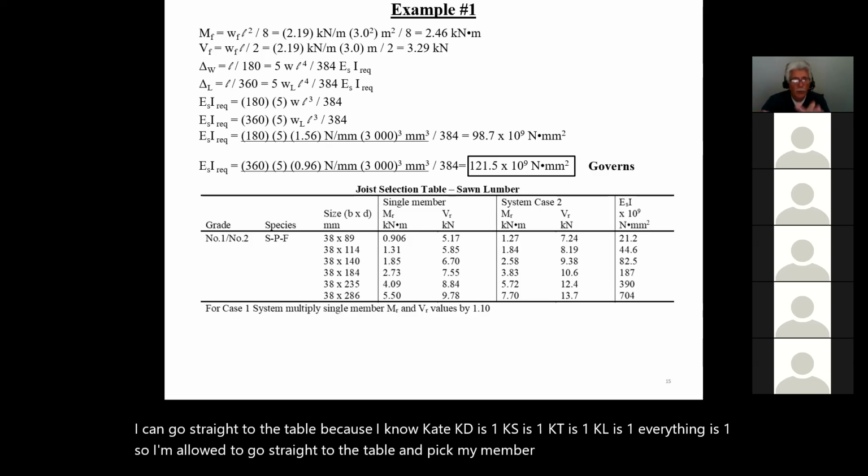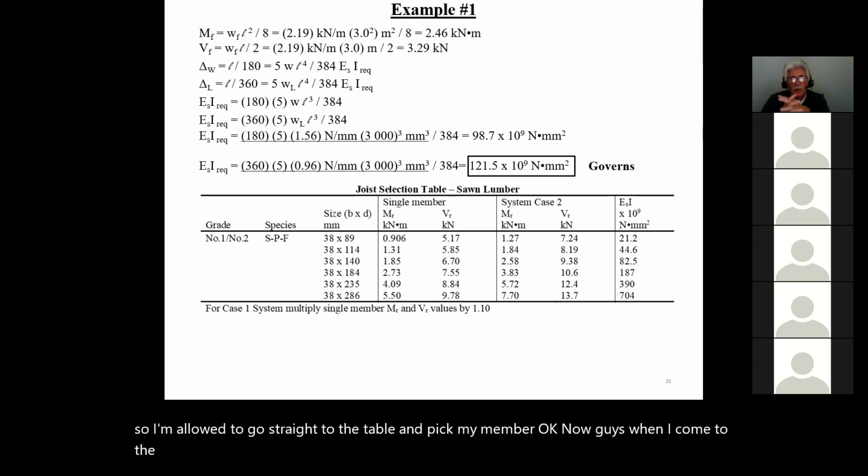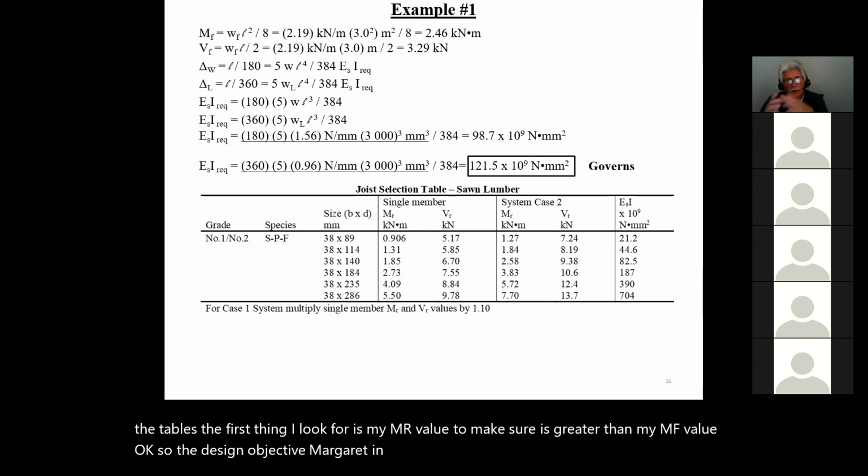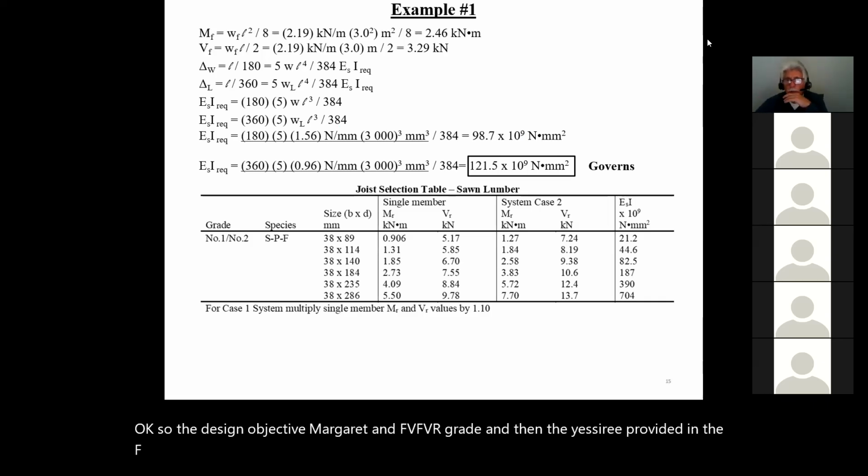Now, guys, when I come to the tables, the first thing I look for is my MR value to make sure it's greater than my MF value, okay? So the design objective is MR greater than MF, VR greater than VF, and then the ESI provided greater than the ESI required. So what I do is I come here and I say,